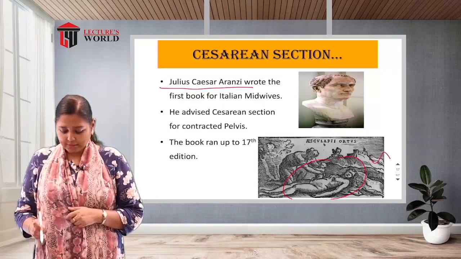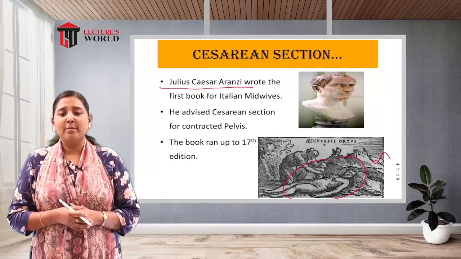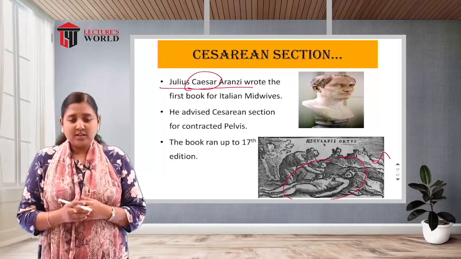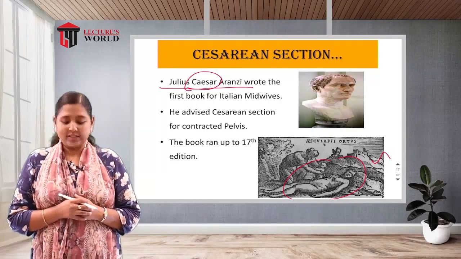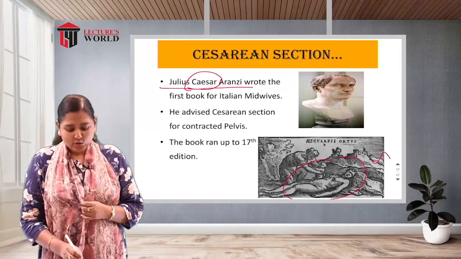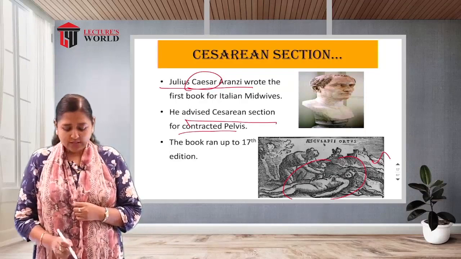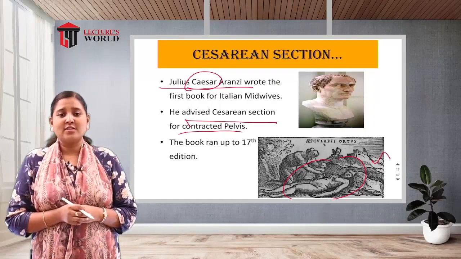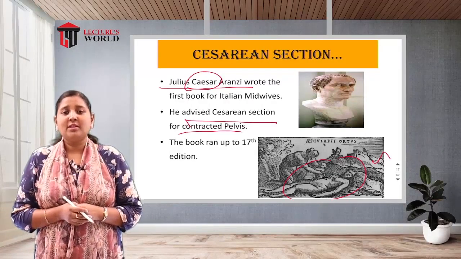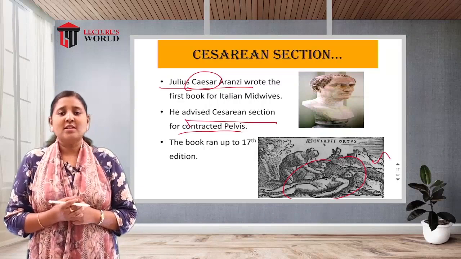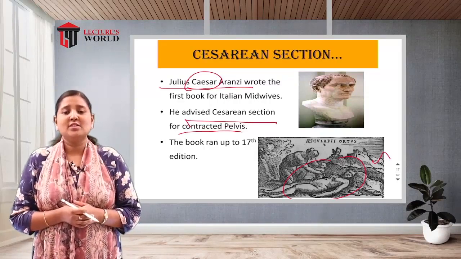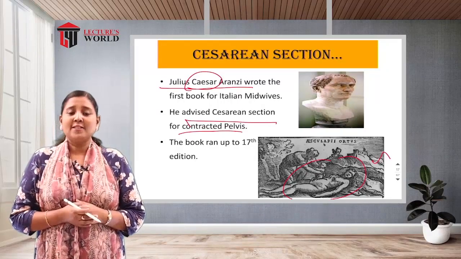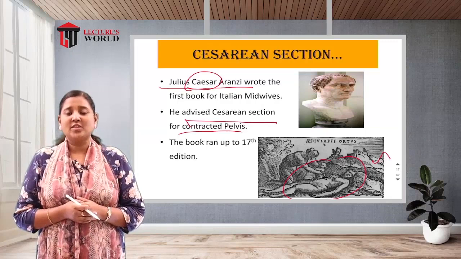You can see in the second picture, there was a cut made in the abdomen and the baby was extracted outside, and it was named after the person called Julius Caesar, and cesarean section came into existence. And he was advising cesarean section for mothers having a contracted pelvis. So even though you do induction of labor for contractions, it is not possible for a mother to deliver by the normal process, because contraction of the pelvis can cause congestion in the baby, and birth asphyxia or fetal distress can happen, and thereby maternal mortality rates, infant mortality rates or stillbirths can occur.